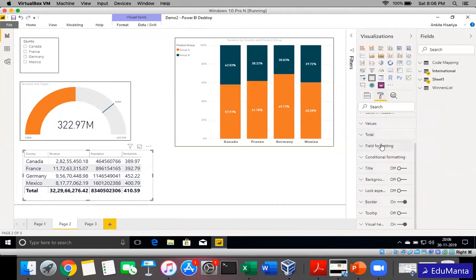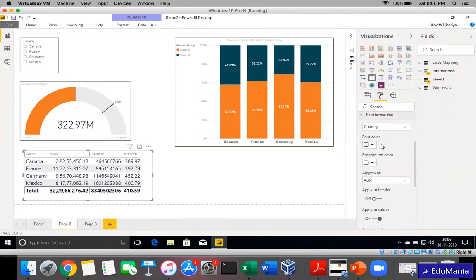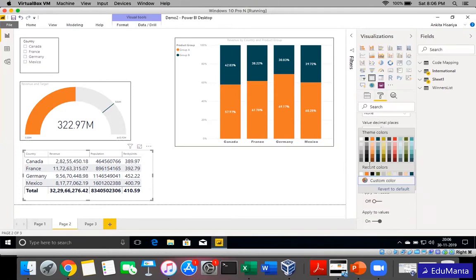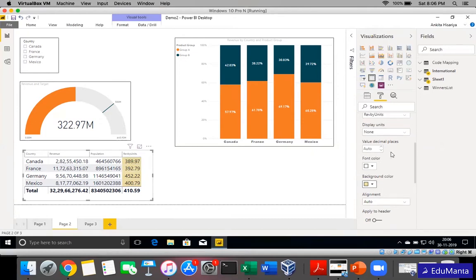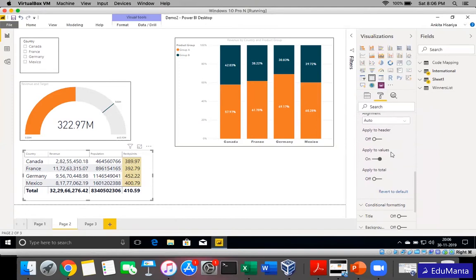What happens in field formatting? It's without a condition. Suppose there's a column called revenue by units. I want to put the background color of this particular column to something else. So now it is formatting all of the values in this column to that particular background color. This can be one requirement. I want these different columns by different colors, or I just want to highlight a particular column. Then I go to this particular section of field formatting and I change the font background color and so on.